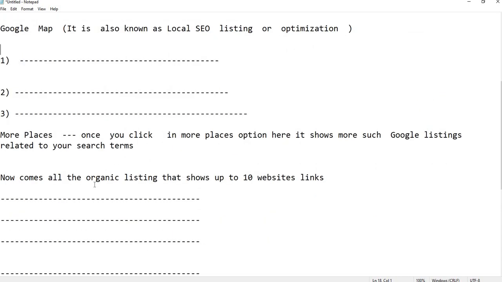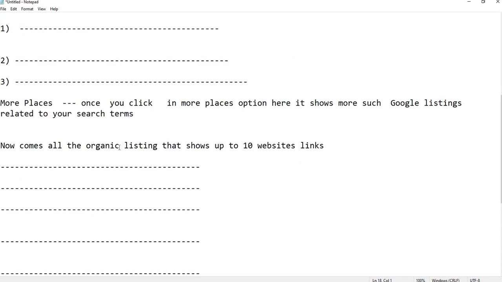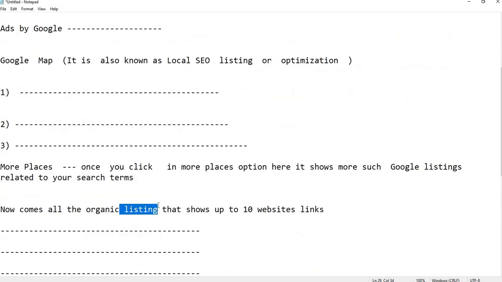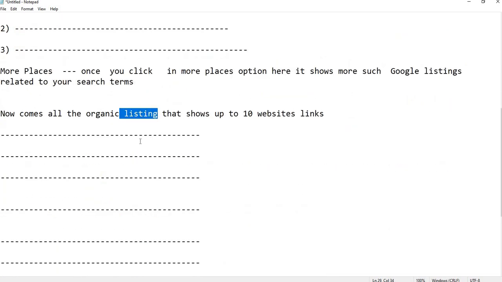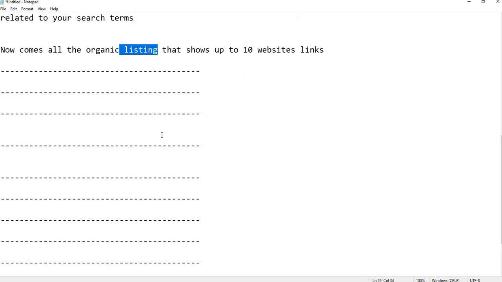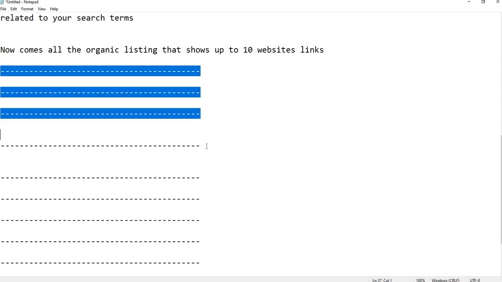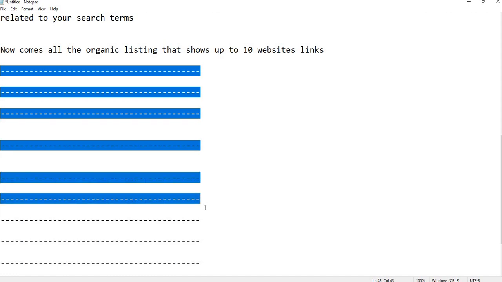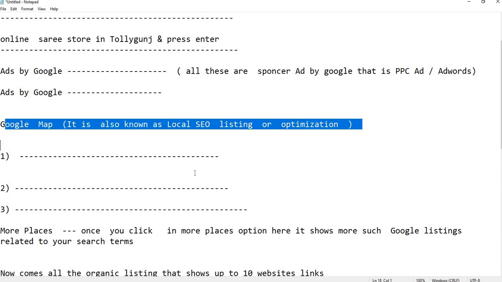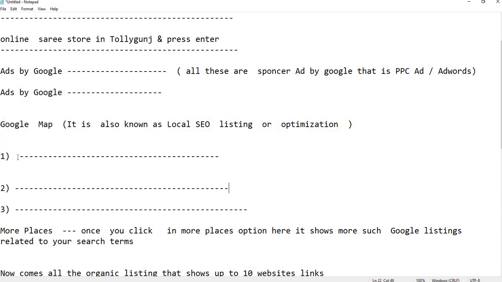Now, what is the difference between organic listing or organic SEO and local SEO? In organic SEO, the search result will be shown on a pan India basis. That is, if anybody is looking for your service from Mumbai also, he will be able to see the same listing and result from Mumbai. But that is not so in case of Google Map ranking, because it is local optimization.